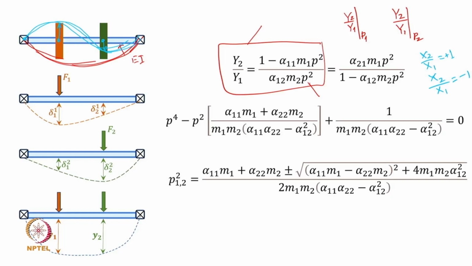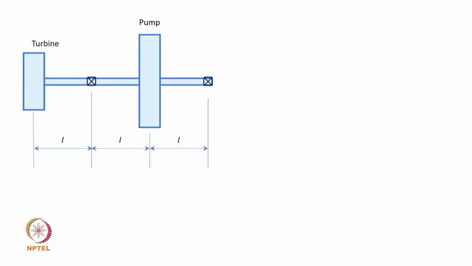So, this is how these problems are to be solved for its natural frequencies and mode shapes. Let us consider one example just to highlight what we discussed as a background for attempting these kinds of vibration problems. These are basically for lateral vibration of rotor bearing systems. So, this example says that